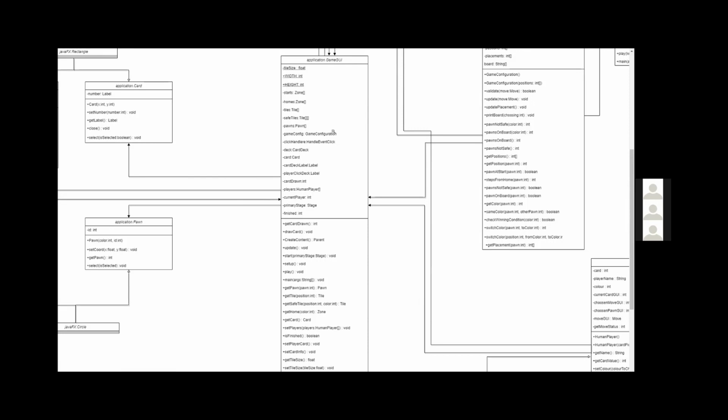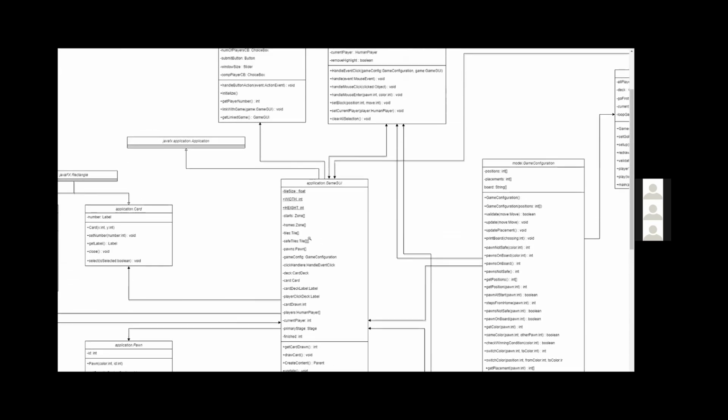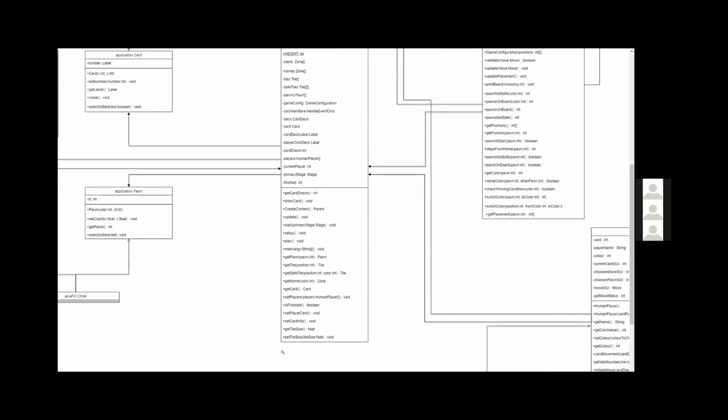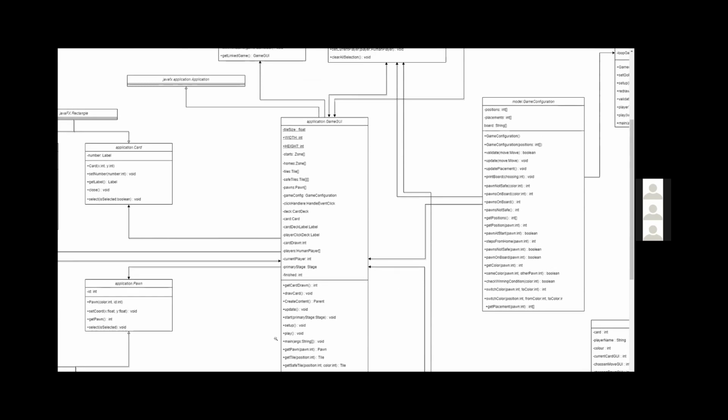So the tile size, which used to be a constant, is now no longer constant. It is now a changeable value. And we have these 2 methods to get and set the tile size, which are both static methods